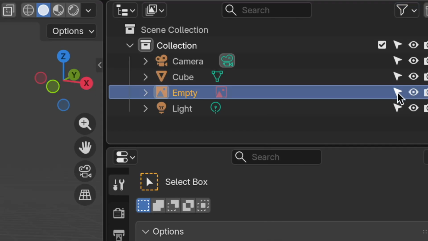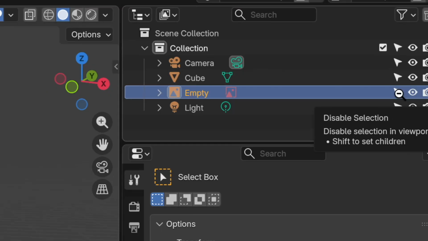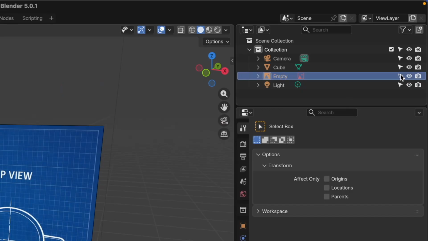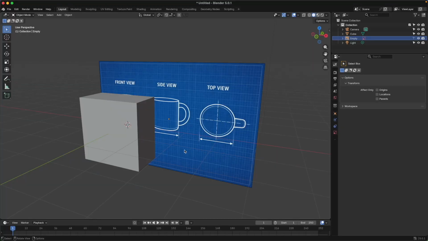Now simply click the cursor icon next to the object you want to lock. When the icon is disabled, that object can no longer be selected in the viewport. This is perfect for things like reference images, background objects, cameras or lights, finished models you don't want to accidentally move. If you ever need to edit the object again, just click the cursor icon again in the Outliner to